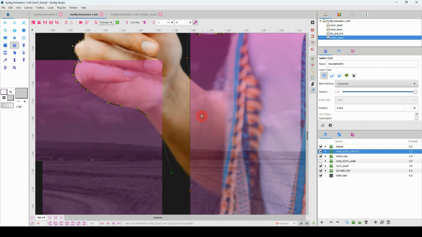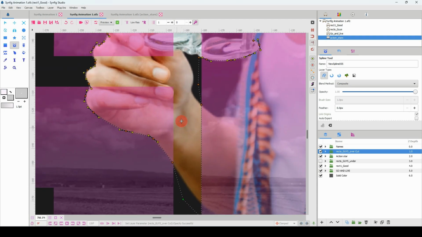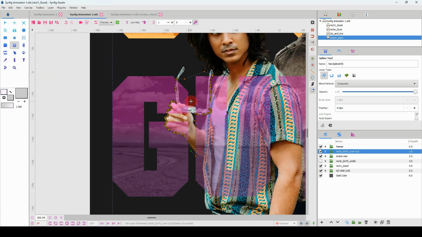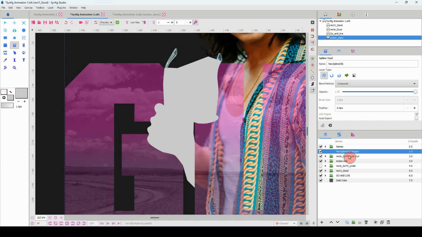Okay, so as you can see here, I am almost done and I'm at the end here. I'm just going to right click on the origin point here and click on loop spline to accept that. So if I zoom in and zoom out, you can see my selection area there, right? And now I'm just going to press the enter key on my keyboard, and what I want to do here